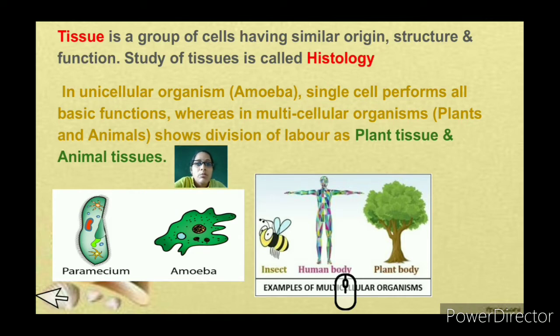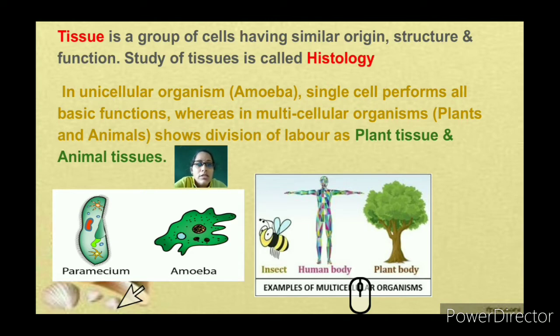So these tissues are based on unicellular organisms, or single celled organisms, or multicellular organisms. They have different functions. Like unicellular organisms, you can see in this picture, like amoeba and paramecium, they have almost similar or basic functions. Why? Because they do not have separate or differentiated organs as we can see in multicellular organisms.